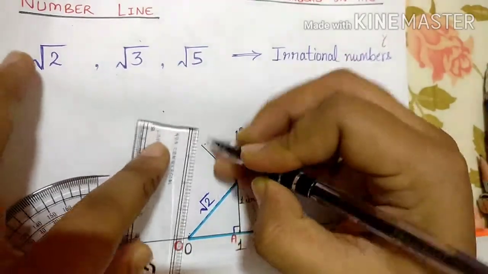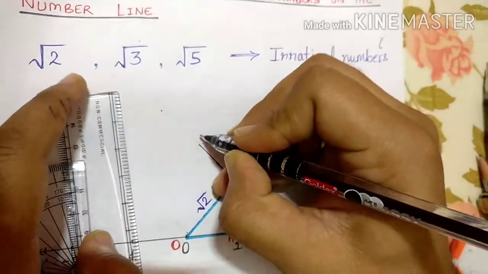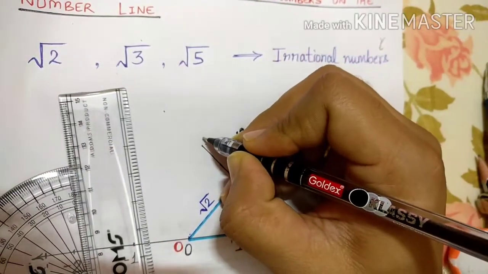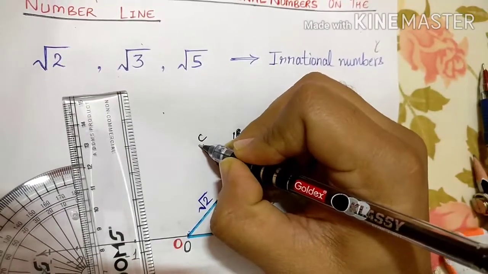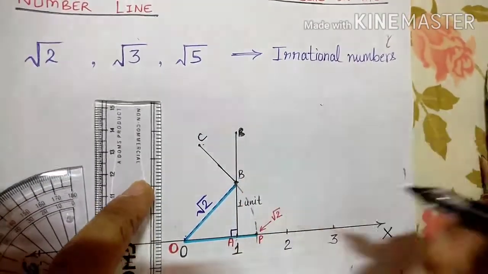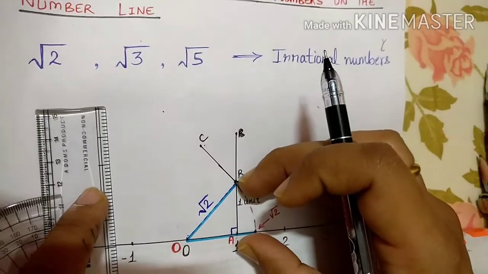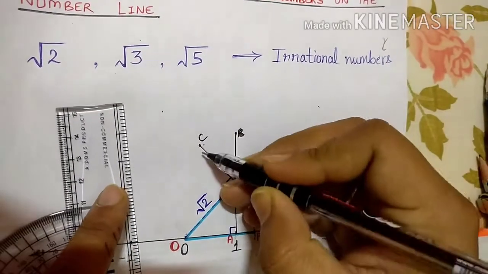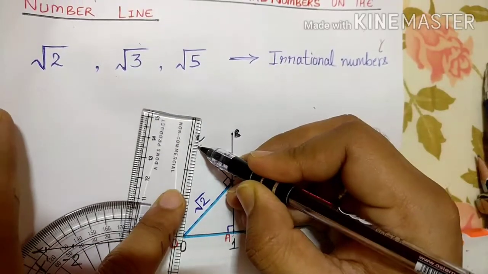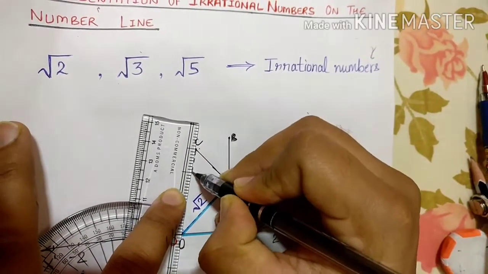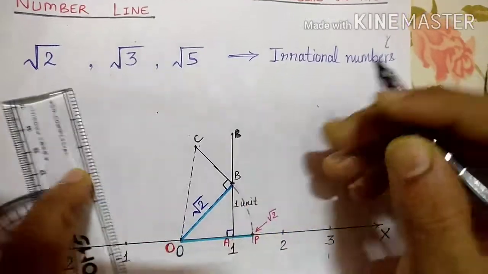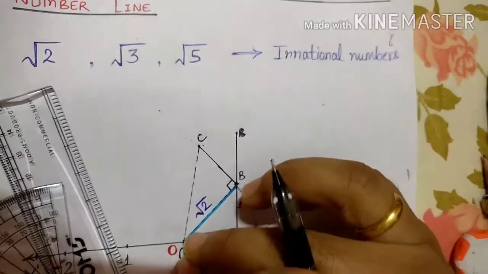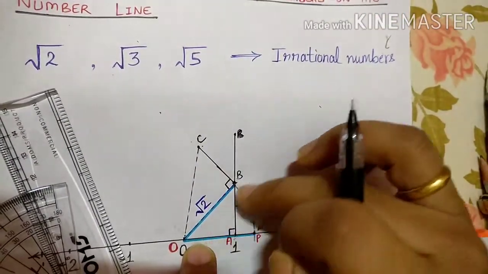Yes, this much. Again, we can give any name to this. We can give a name C here. And now, as we have drawn AB perpendicular to this one, we can say this is a 90-degree angle. Now join this O to point C with dotted lines. So OBC becomes our right angle triangle.